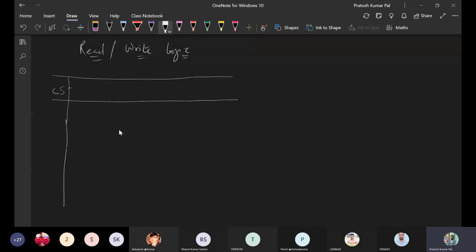One of the control lines is CS, that is chip select. The next one is C/D bar. It is one of the pins in the logic control section. Another one is read, and another one is write.